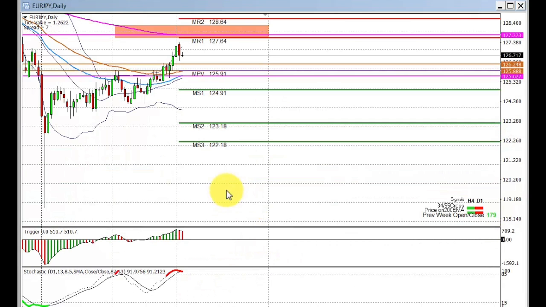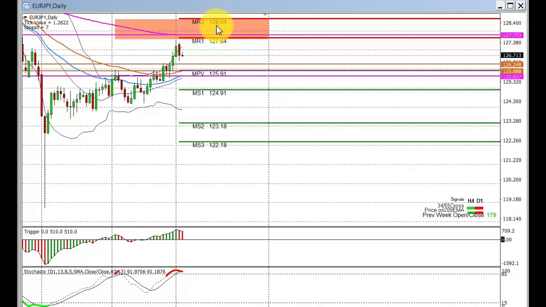Euro JPY daily chart, 4 hour is long, daily is short. Last week we closed 179 pips higher than the opening. We can't flip the 4 hour because it's not with the main trend. We have to flip the daily for short zone. Problem is that we already broke last month's high as well, so we can't flip the daily to get a short zone. So we need a plan B area, and for me plan B will be in this area here,